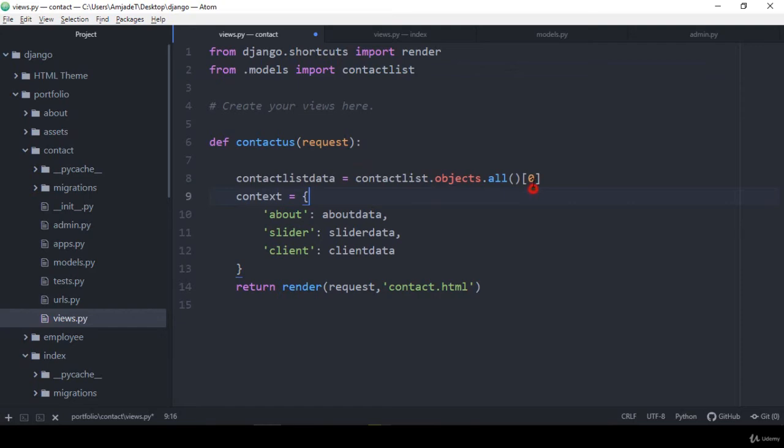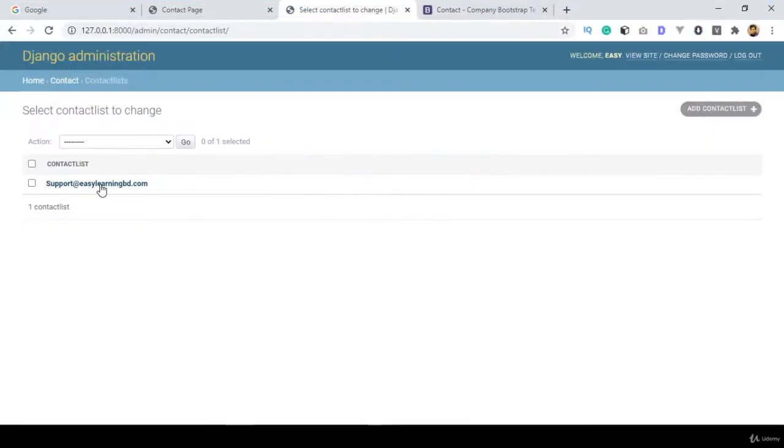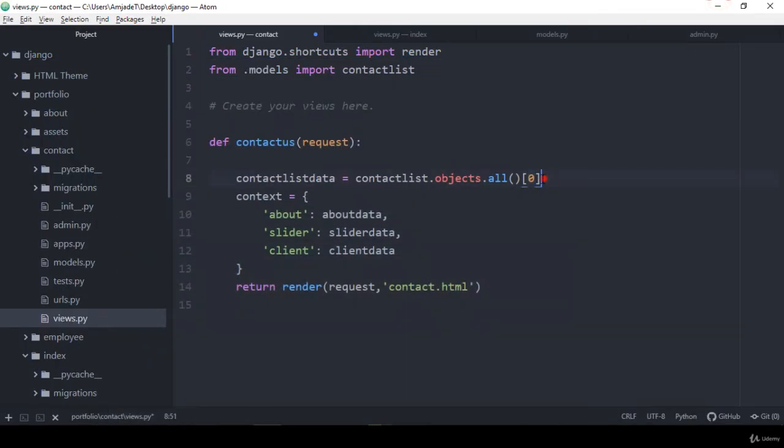And also here I added our zero index data, because we have only one data, that is the zero index. So this zero index data I want to get, right? So I just simply added our zero index data. And also into the context area we have to add a dictionary, and into the dictionary area,